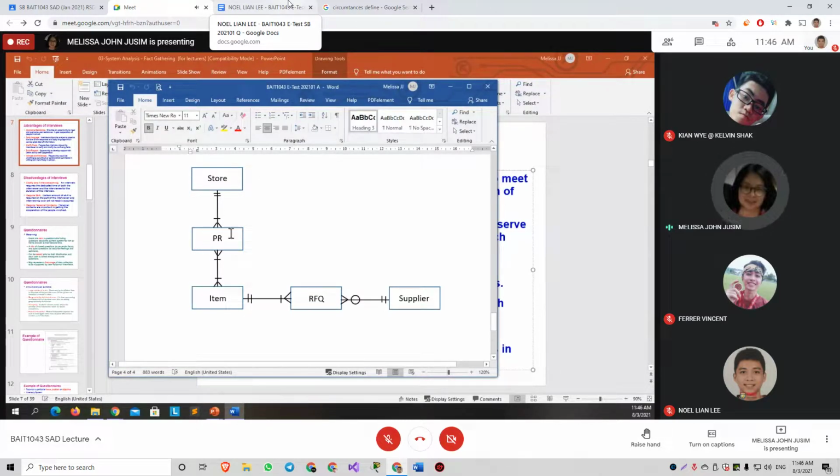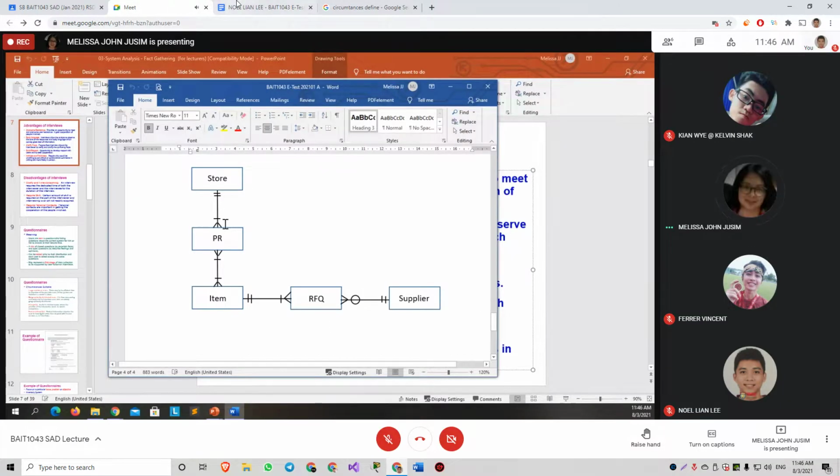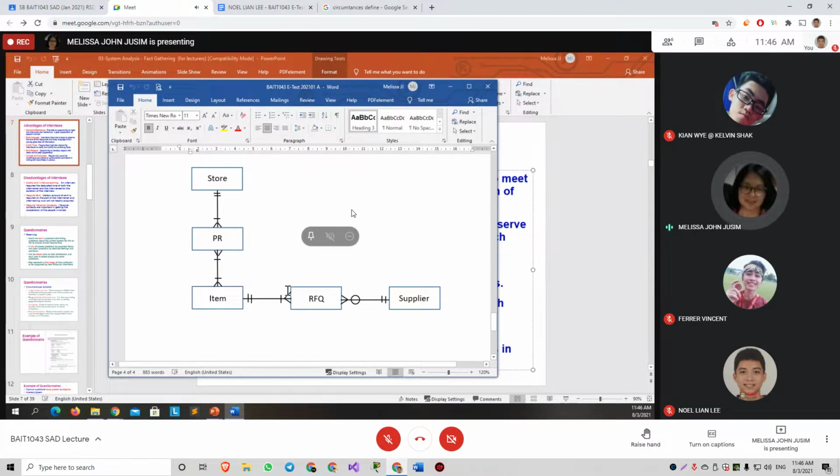So store to purchase requisition is one to many. Okay, this is the many-to-many relationship, purchase requisition and the item, and item and RFQ is one to many, right? And then RFQ to supplier is one to many, minimum zero.